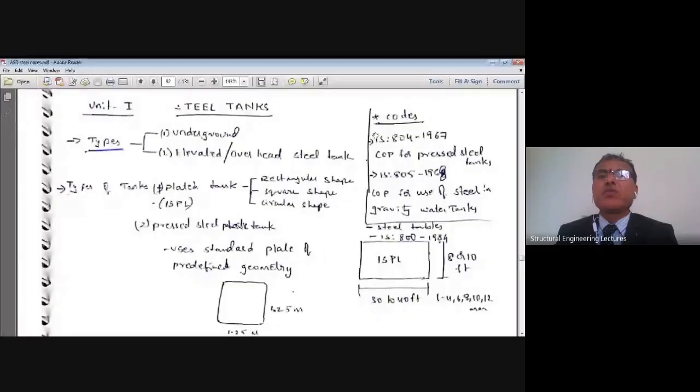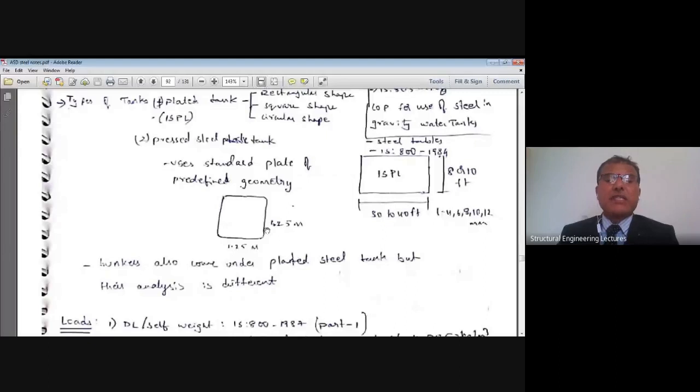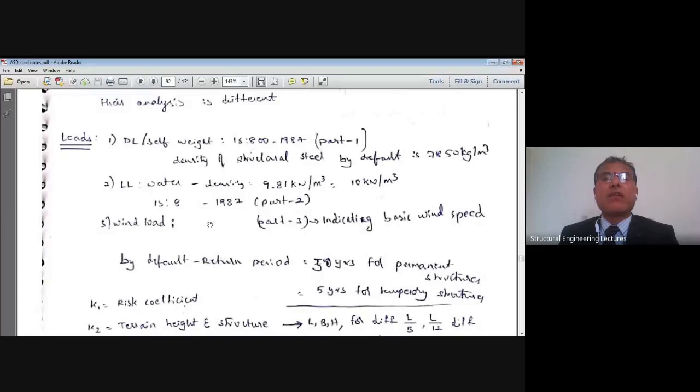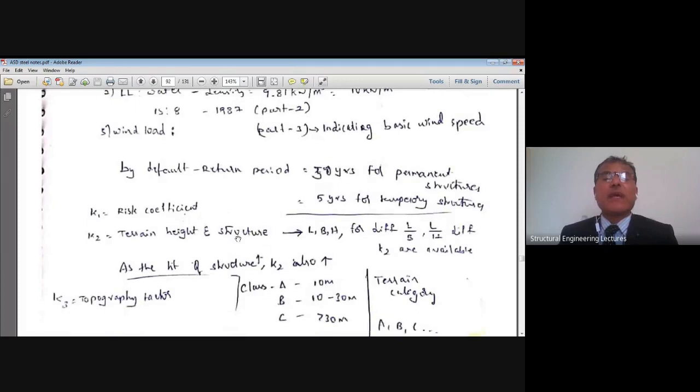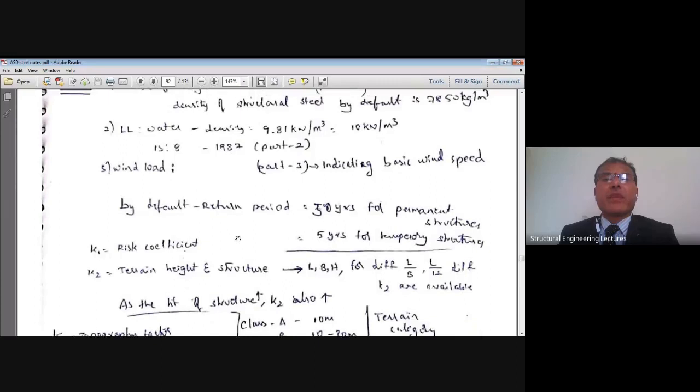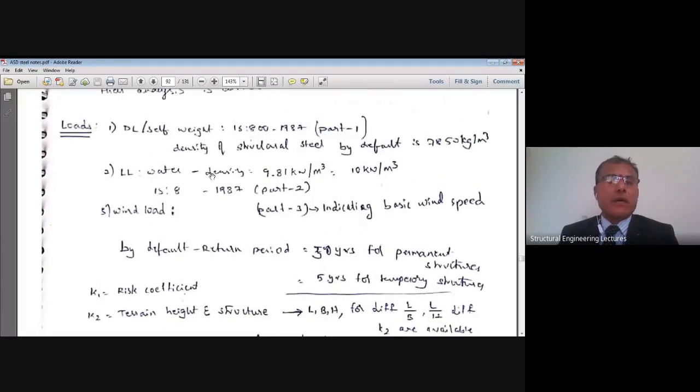So far we have seen these two codes, IS 805 and IS 804, which are used respectively for gravity water tanks as well as pressure steel tanks. We have elaborately seen the code specifications. Now we have also seen how the loads should be calculated: dead loads, live loads and wind loads. Now I'll just quickly touch on the wind loads using IS 875. Even the code says that water density should be taken as 9.81 kilonewton per meter cube